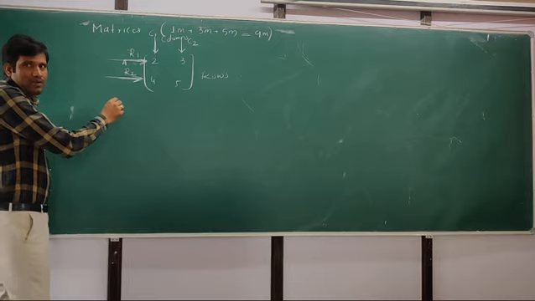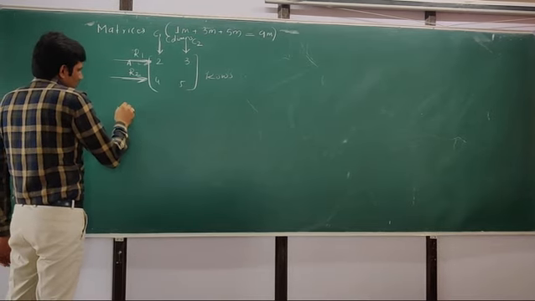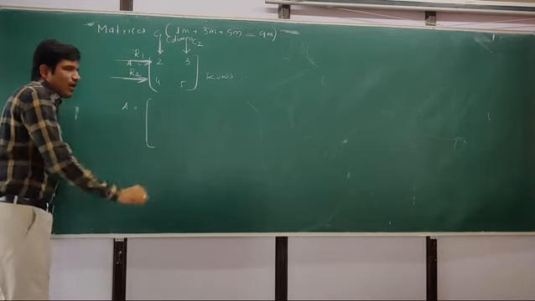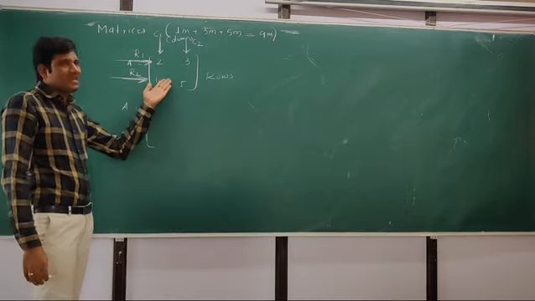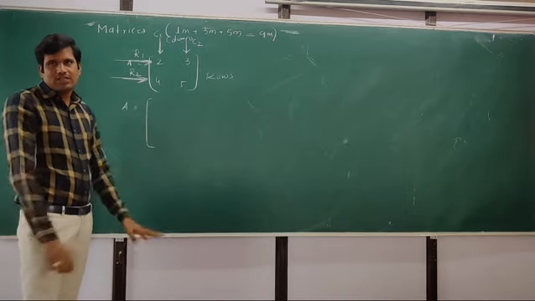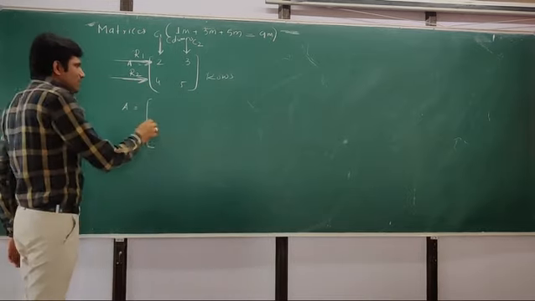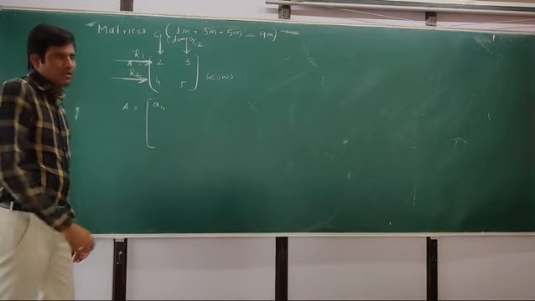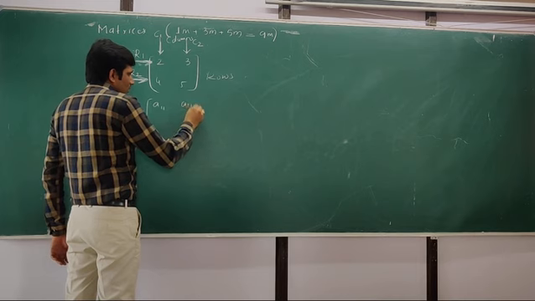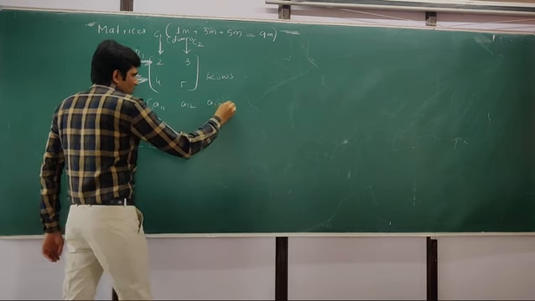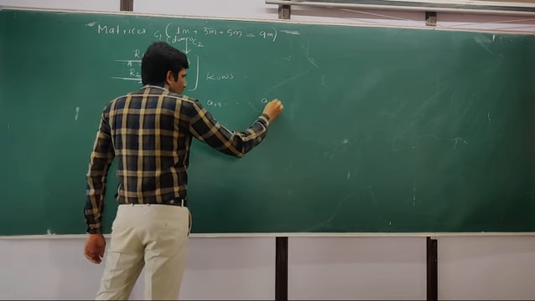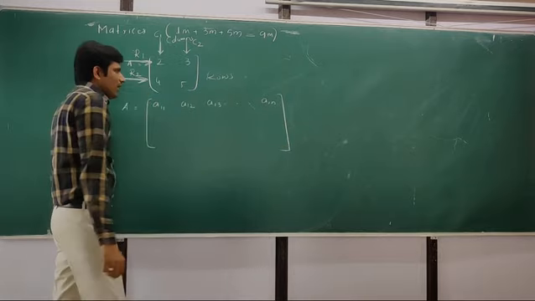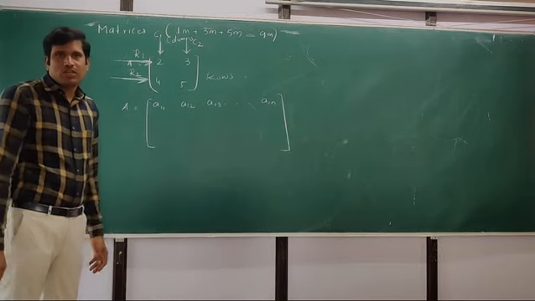So what is the general representation of a matrix? Any matrix, in general, how can we represent it? This is some particular example of a matrix. In general, any matrix can be represented as A. The first element is a11, the second element is a12, the third element is a13, and so on up to the last element a1n. Next I will explain what this 1,1, 1,2, 1,3 represents.